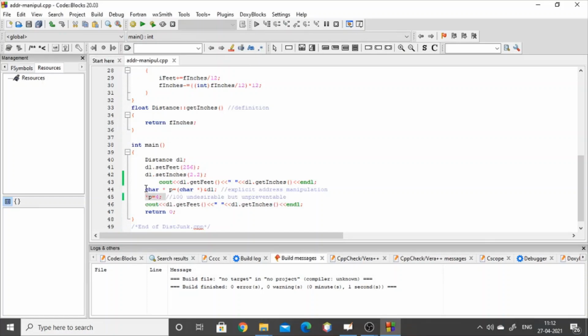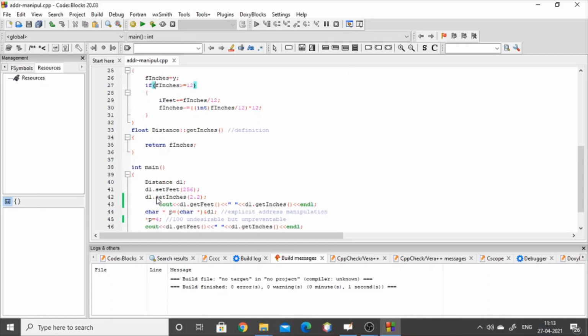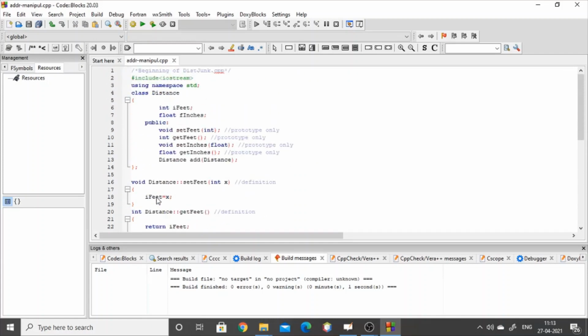Now actually this is nothing but a reference variable you are going to create. P is nothing but a reference variable which is being created, and you're going to do the typecasting of the object to the character type, and then you're setting a new value through that pointer. P is of character type, so only the last 8 bits will be changed, because character occupies only 1 byte, while integer occupies 2 bytes. So the most significant byte will not change, the least significant byte will change by whatever value you pass. So this is regarding the explicit address manipulation. Same code, these all things I have already explained, same logic over there.